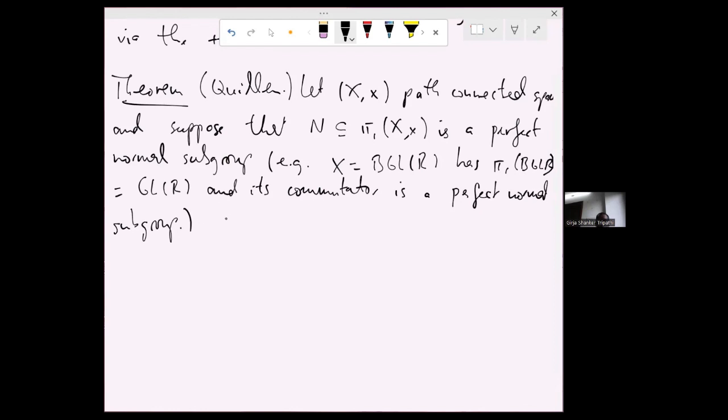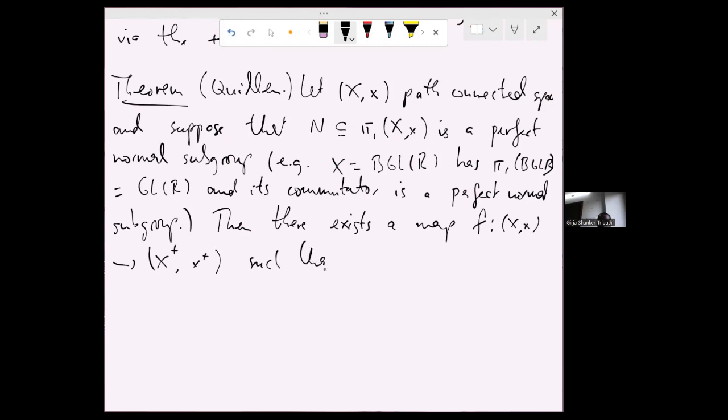So you could write it this way. Then there exists a map of topological spaces, that means a continuous map, from X into some space that you could call X plus, with some base point. So there exists a map with the following properties. So first thing is,